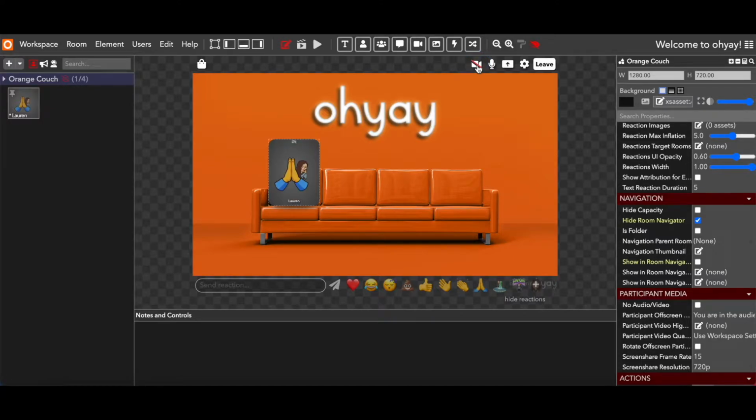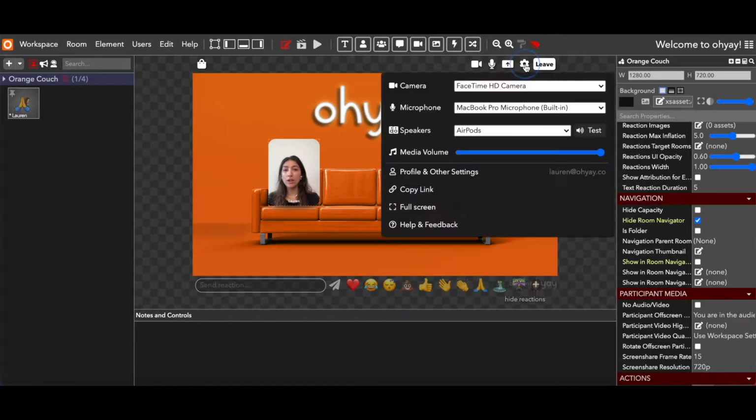Turning off your camera is as simple as hitting the camera icon. Turning off your microphone, the same. This icon here is to share your screen. This leave icon is to leave a workspace, which is what we call what we're in right now, a collection of rooms. And the settings wheel here will show you the basics of your settings, changing your camera, your microphone,